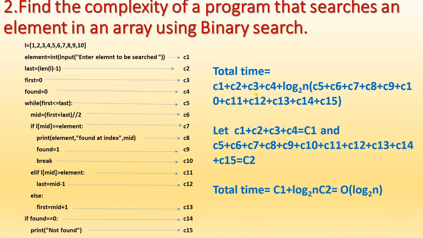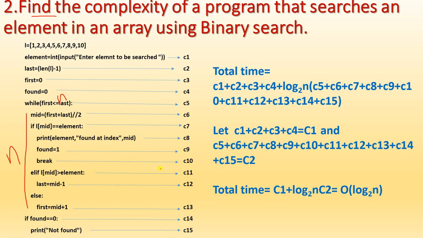Here I have assigned constant terms in front of the statements. So how will you calculate the total time? First, this is a while loop. Here it will run till the condition is true. So these all statements will multiply with n, meaning C5, C6, C7, C8 till C15. Okay, so these all are the part of the while, so it will multiply by this n.